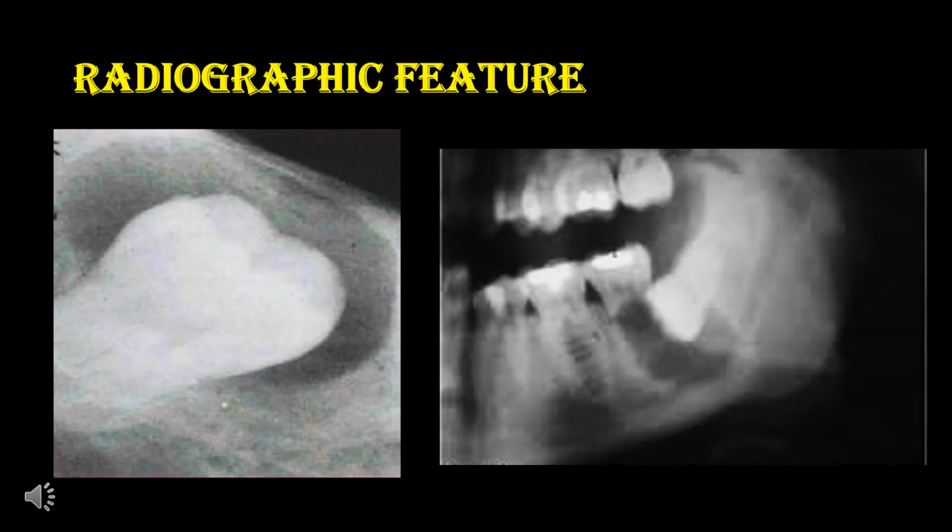Now we'll see the radiographic features of dentigerous cyst. Dentigerous cyst radiographically appears as a well-defined unilocular radiolucency surrounding an unerupted tooth. You will see well-defined sclerotic margins. Adjacent tooth resorption will be seen, and displacement of the tooth will be present. In case of a large dentigerous cyst, even an expansion of cortical bone will be seen on the radiograph. That expansion can be seen through an occlusal type of radiograph.